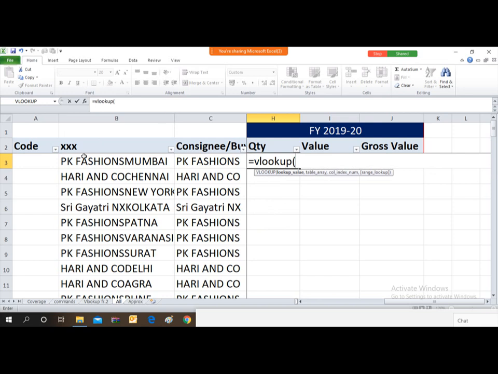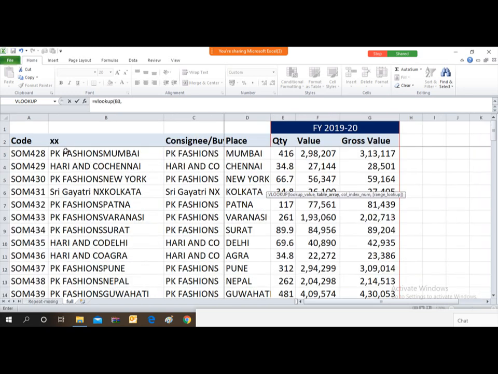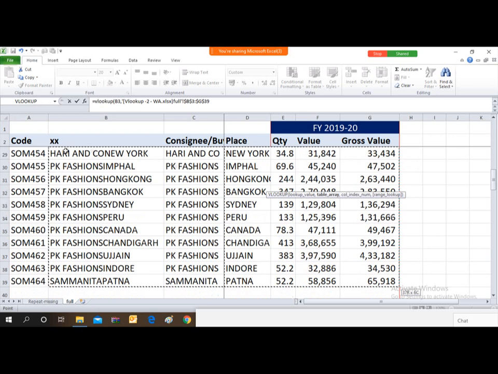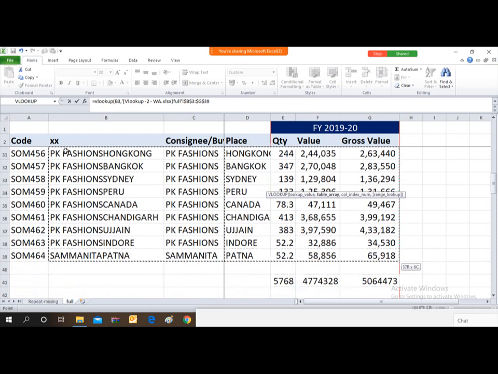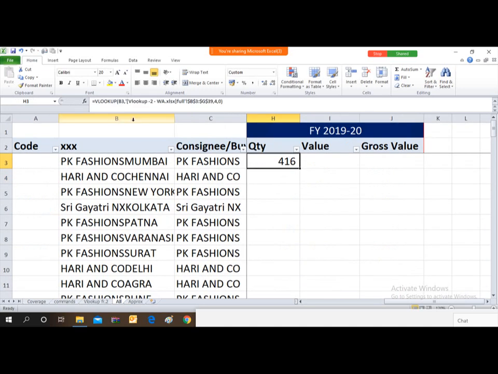So VLOOKUP, now this time with the lookup value of the combination, comma, then select the area. So the area is from this party combination, and then column number 4, column number 5, column number 6. So the first column is 4, then put 0, then enter.